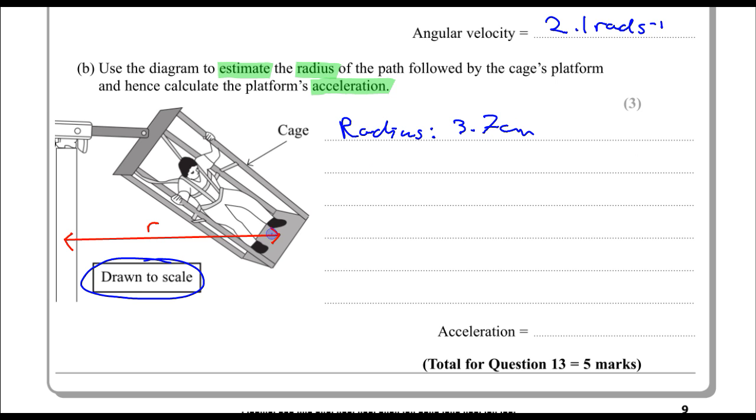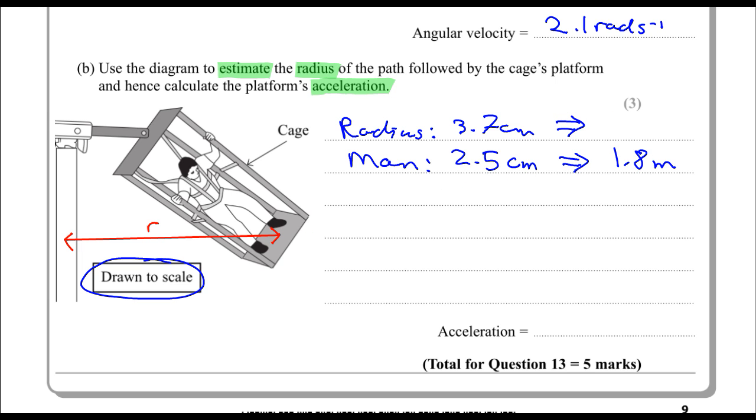And the other measurement we can do from the diagram is the height of the man there. We can measure that, and my measurement was 2.5 centimeters. What we then need to do is estimate the height of the man in real life. So let's say an average person is 1.8 meters. That will tell us the